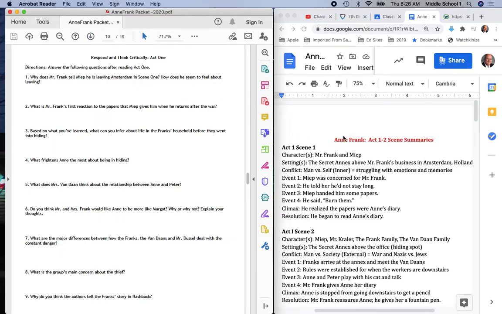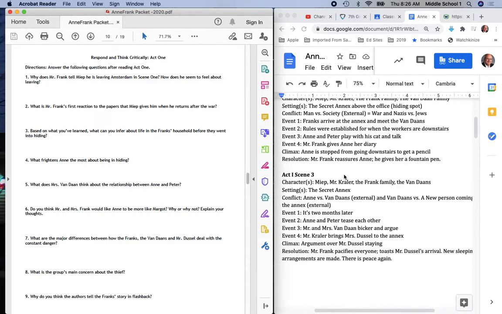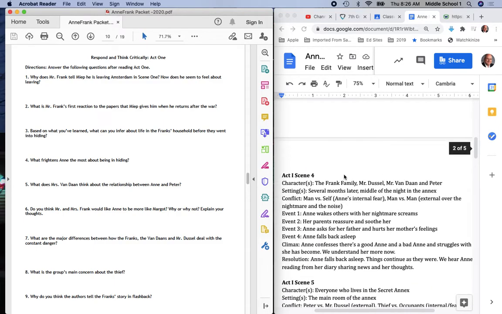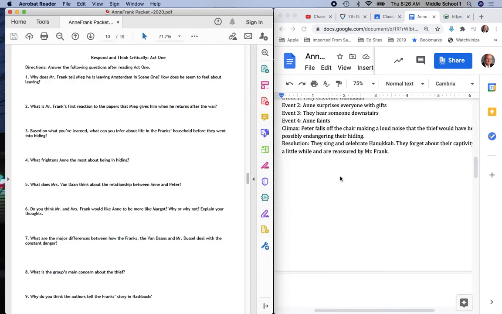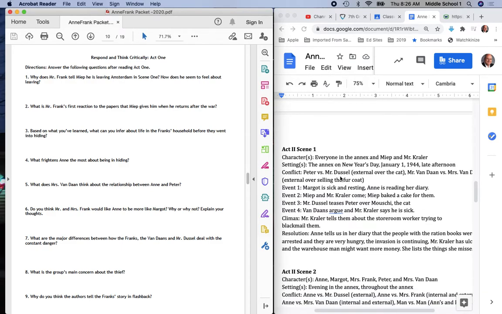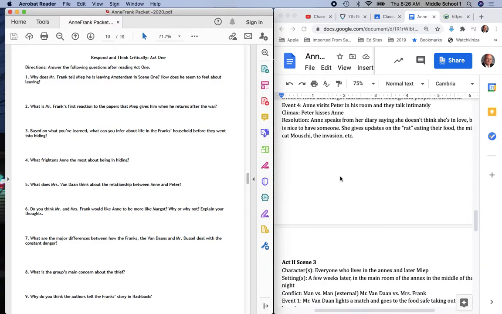The second page I want to remind you of is found inside of the Anne Frank folder, and it is entitled Scene Summaries. Here are some brief summaries of the events that have transpired through the first 5 scenes. I have also added to this page all of those things included for Act number 2.